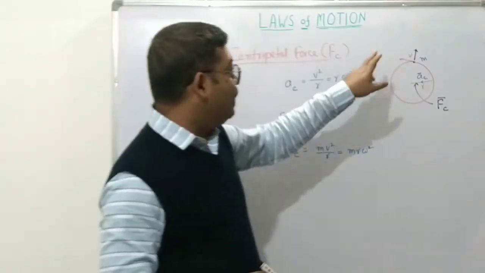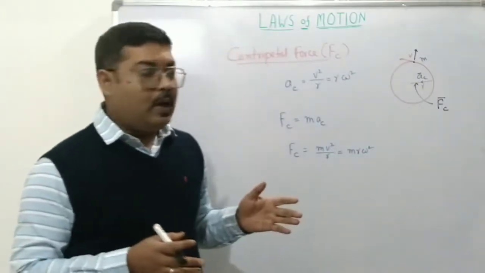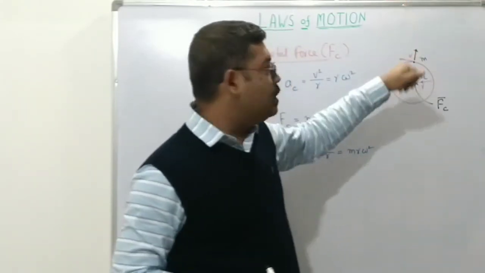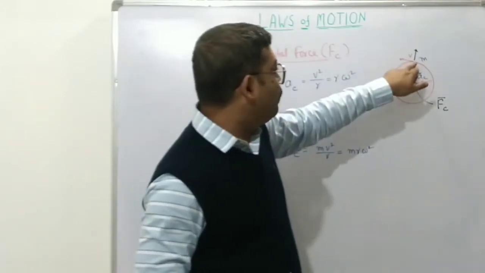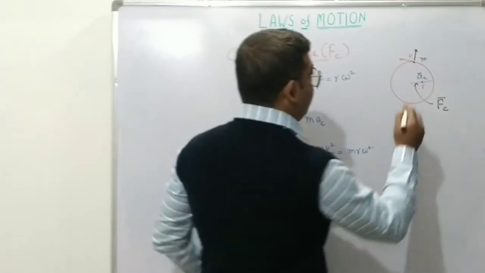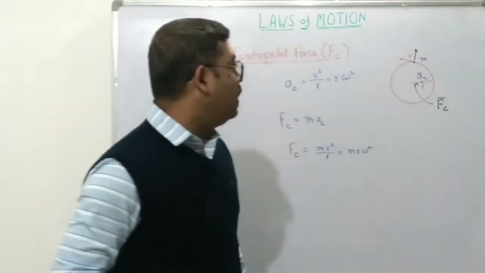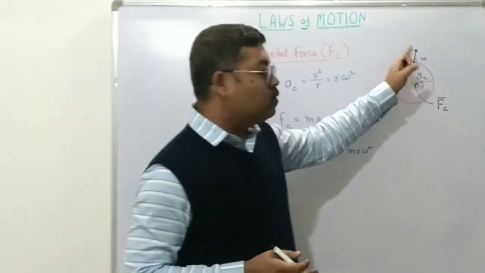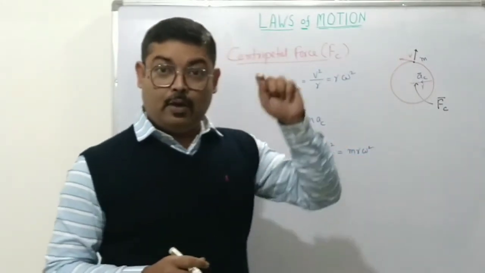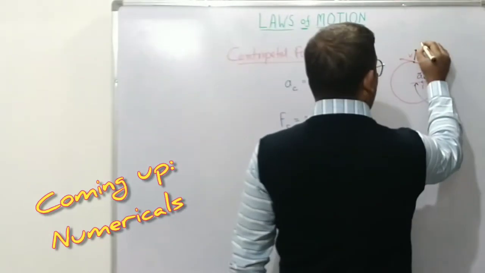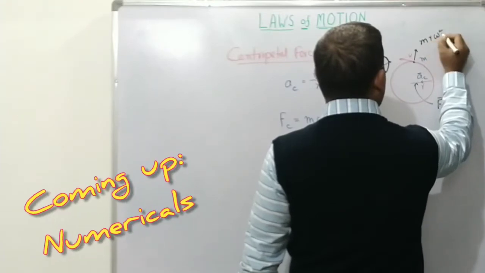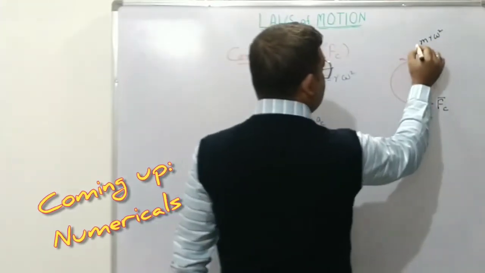Now, for an object moving in circular motion, it appears that the object experiences a force in the radially outward direction. To balance that, there should be a force in the inward direction, which is given by the centripetal force. The force that appears to be acting on the object, or which the object experiences, is always radially outwards, and it has the same magnitude as the centripetal force. However, its direction is opposite.